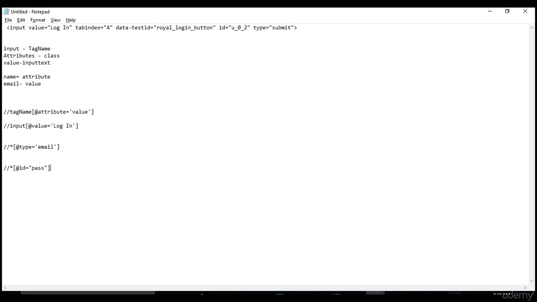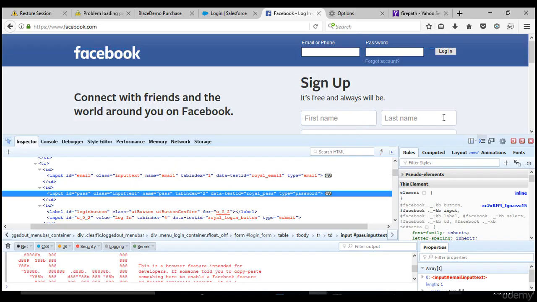Now you will understand. This is the XPath given by the browser. // tag name: the browser skips the tag name by giving star, and picks ID as the attribute, at the rate attribute, and the value equals pass. That's what the browser did for us.